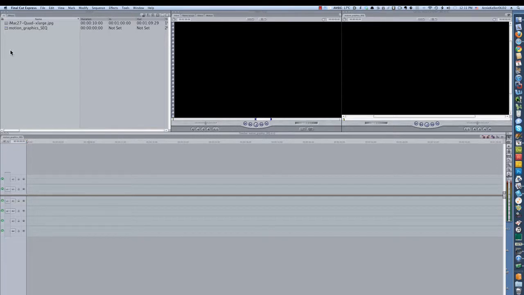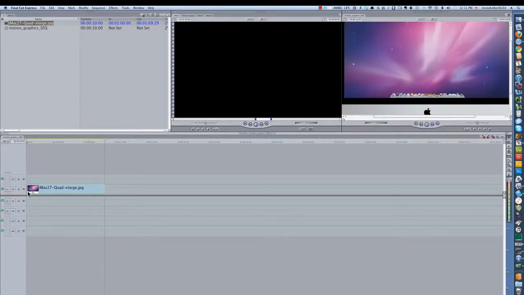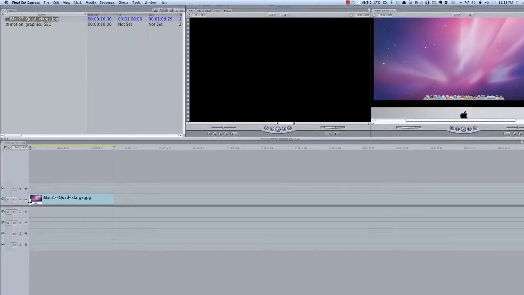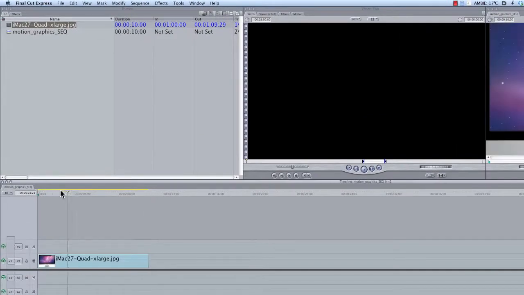So I've got my sequence, and in that sequence, I've already imported a graphic, and this is a graphic, as you can see, off the iMac 27-inch computer. And my point in doing all this, in terms of the rhetoric, is to demonstrate to the user how wide this screen is. So with my graphic already brought onto my timeline, I'm going to move the playhead back to